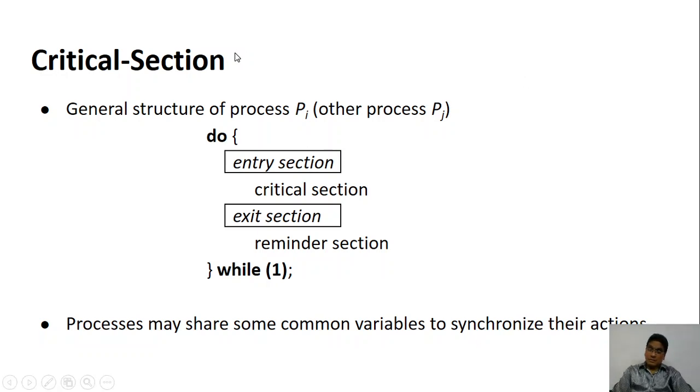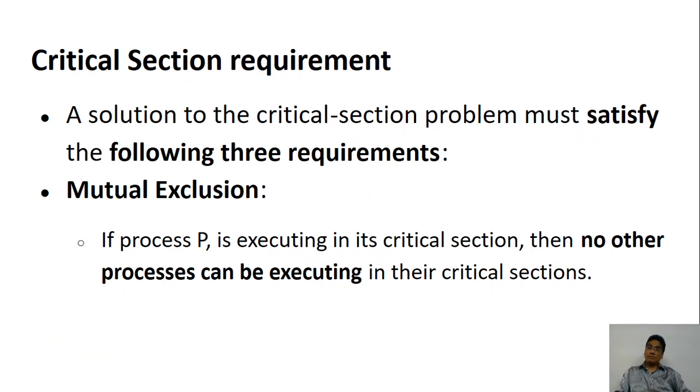If this part is the critical section, then before you enter into the critical section, you go to the entry section wherein you get the permission. If you get the permission, you enter into the critical section. Once you come out, you alert the others saying that I have come out of the critical section. That is called the exit section. Once you come out of it, you perform the remainder section. So a process somehow must synchronize this action, entering and exit, so that the critical section is performed only by one.